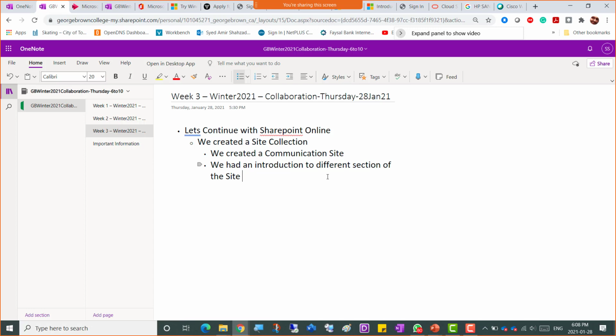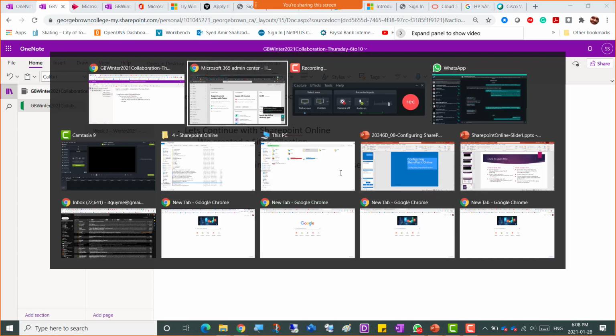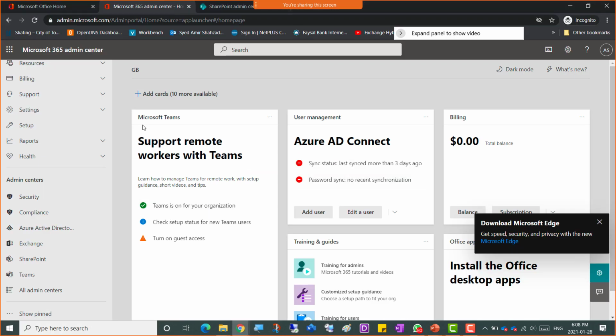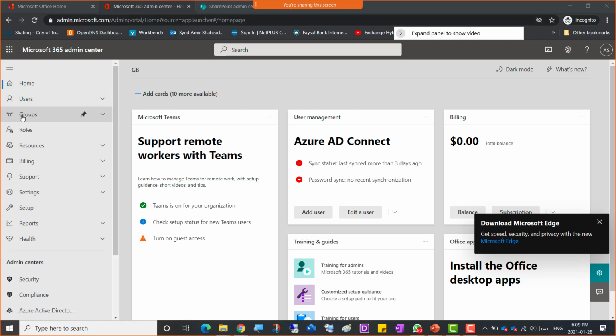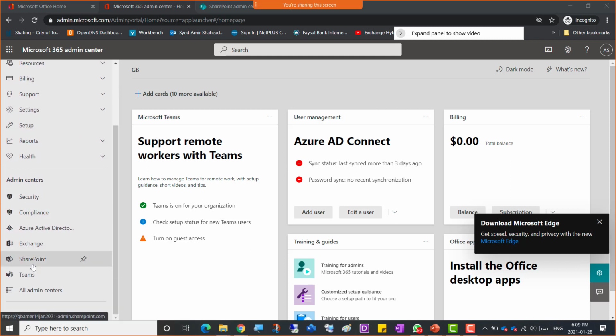So let's log into that. I already logged into this, so I'll go down to the admin centers. Hopefully you're also logged into this Microsoft 365 admin center, and then when you go down here from the admin center, you can check out at the bottom the SharePoint in the admin centers. Before we used to go for Azure Active Directory and Exchange. Now we're going for SharePoint here and later Teams. So I'm going to click that SharePoint,